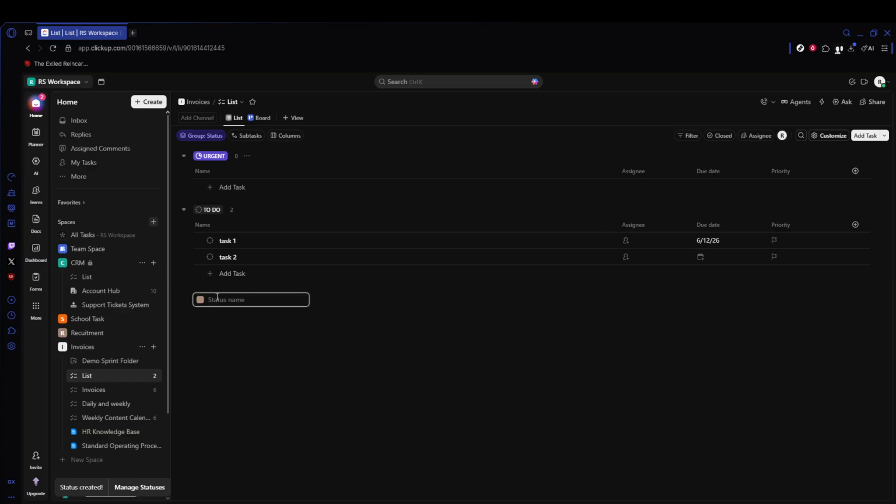Avoid adding too many statuses at once. Start simple and expand as needed. If you need to edit what's already there, click a status name to rename